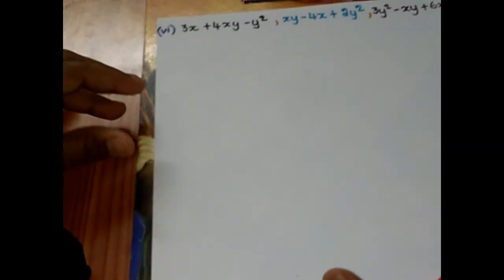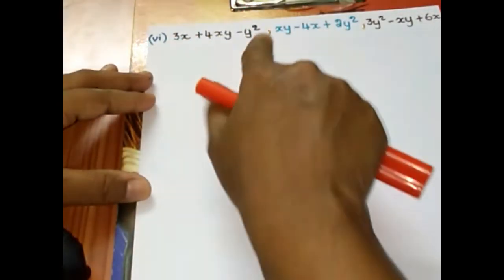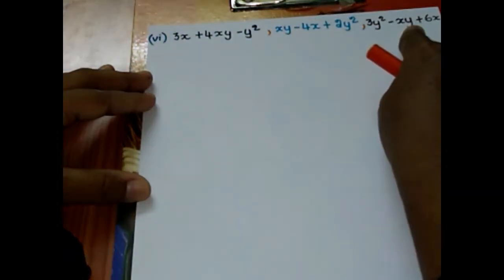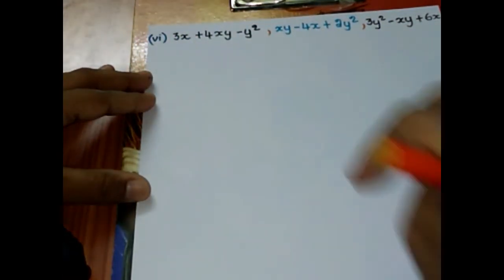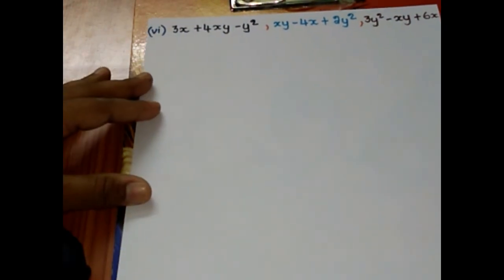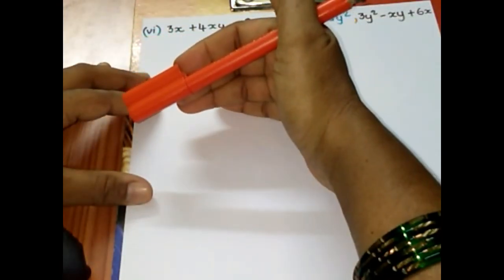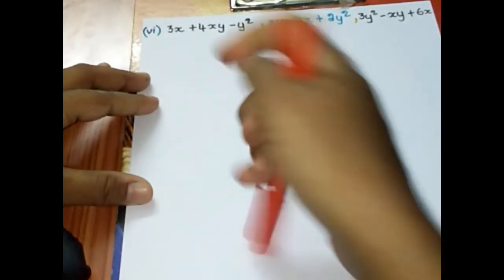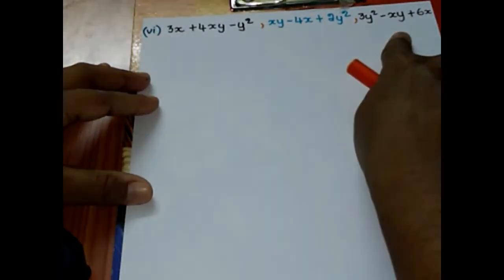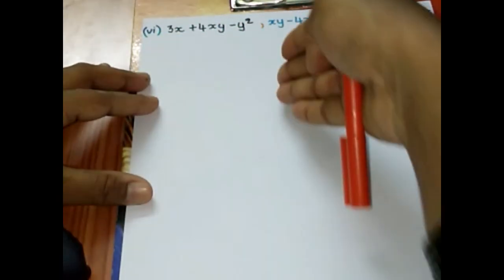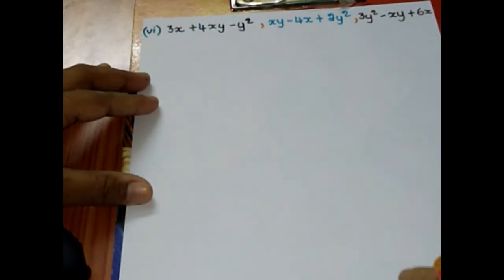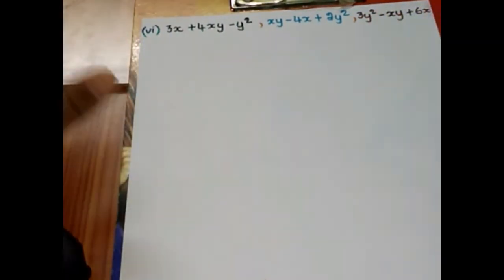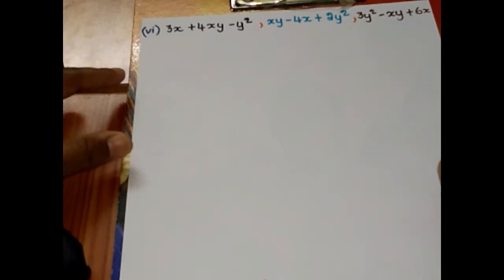I have already explained in the row method: write plus in between the terms, group the like terms and find the solution. In column method, write the polynomials one below the other, but while writing, see that you write all the like terms in one particular column. There also, while doing the solution, observe the sign, find the solution and write it in a proper form. I hope you can solve this, children.